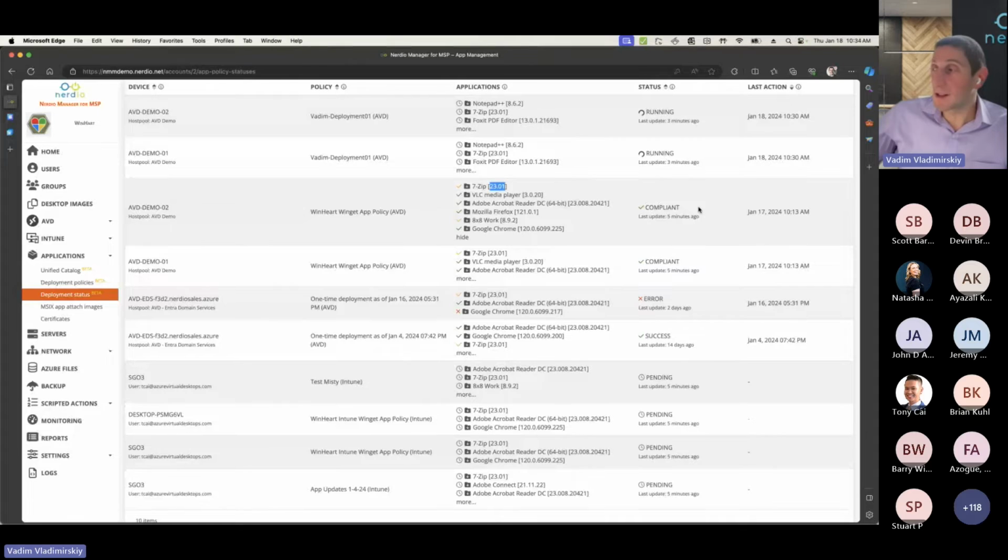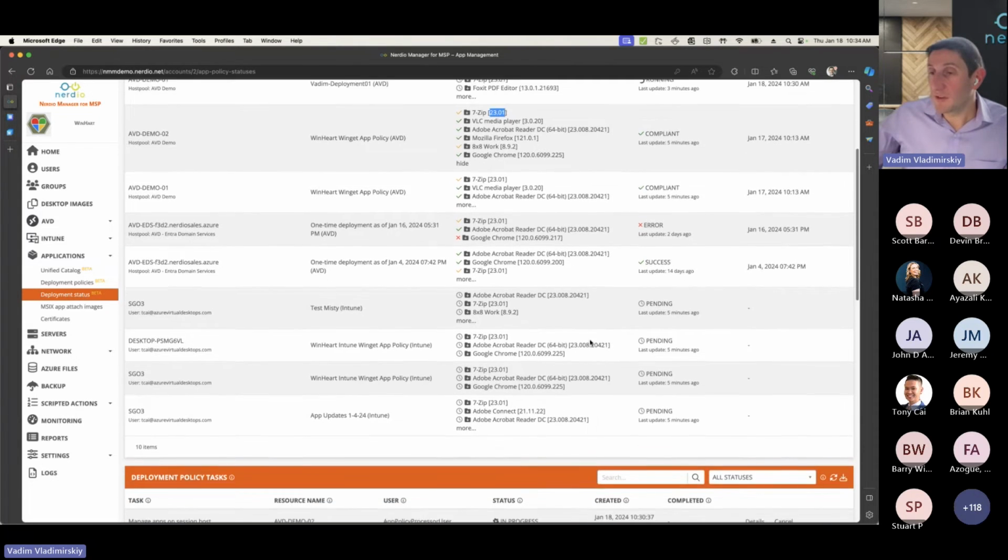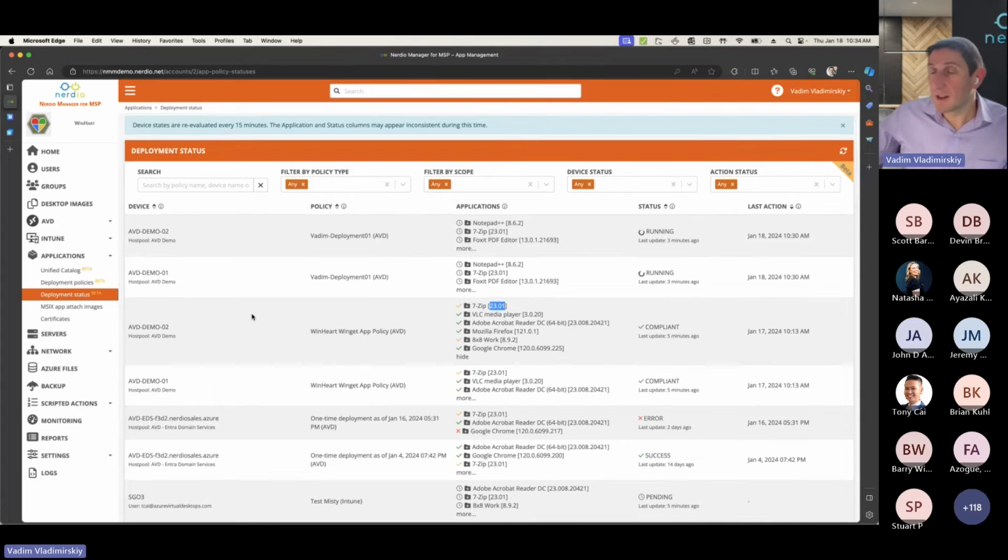You can see the status of the policy saying that it's compliant. When was the last time the device was evaluated, etc. And this gets evaluated every 15 minutes. So within 15 minutes, any changes you make to your policies will get applied to all of the machines that are within the scope of the deployment policy. And you can see I have several different policies here that are doing this deployment process. There's also MSIX app attach that you can implement with this. There's also certificates and other things that have to do with MSIX, but we're not going to go into those